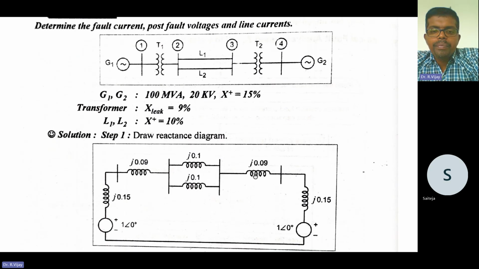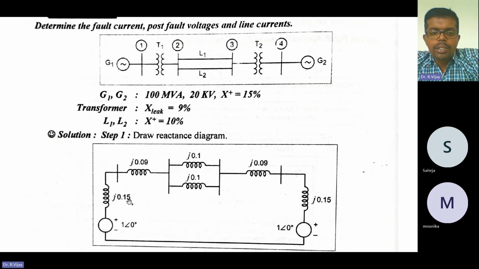So the reactance diagram we need to draw is already given in the problem, like generator 1 reactance is 15%. Here we are converting the generator into per unit, so 1 at the angle of 0. The base values and actual values are the same, so the answer will be 1 at the angle of 0. Here, the positive and negative sequences we are taking,